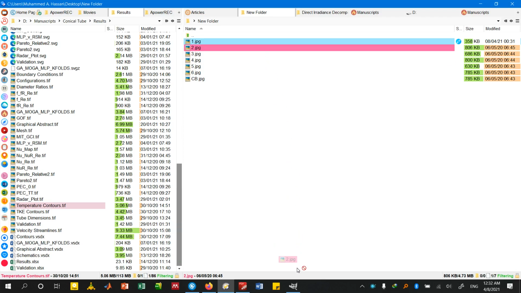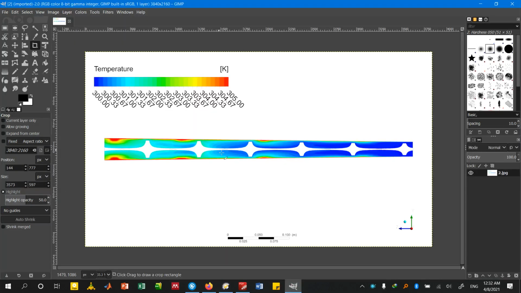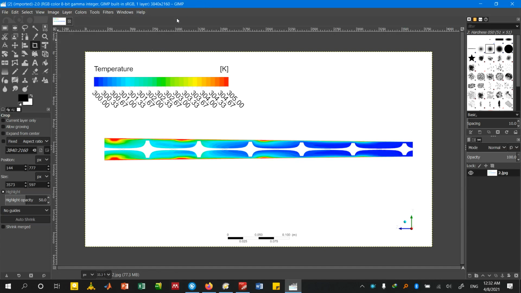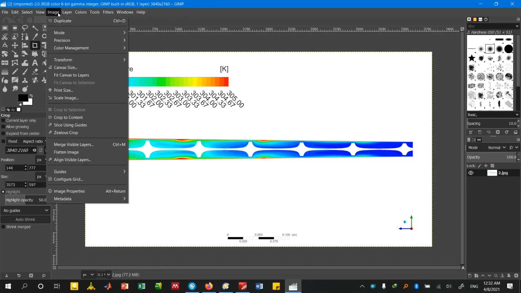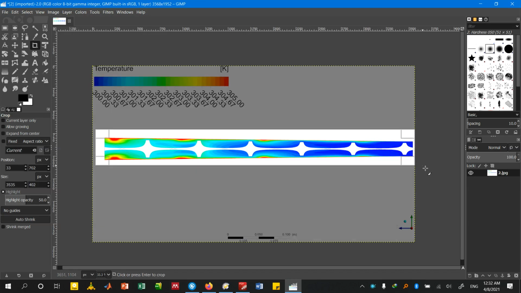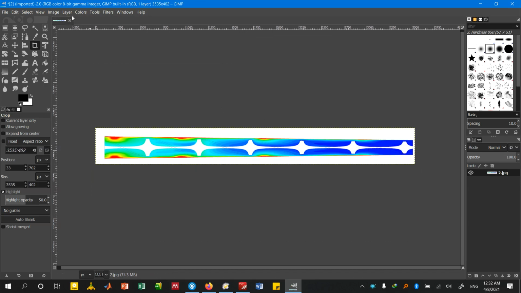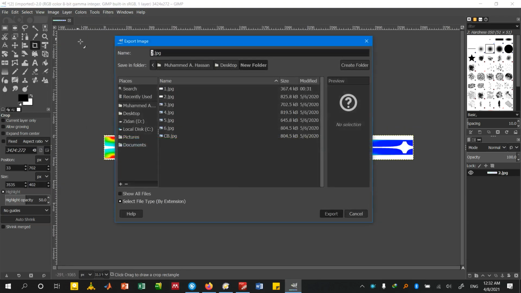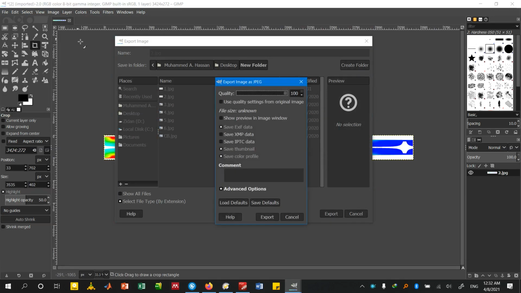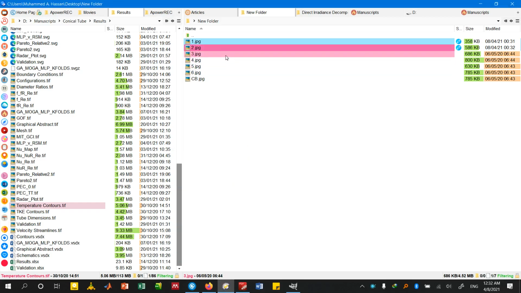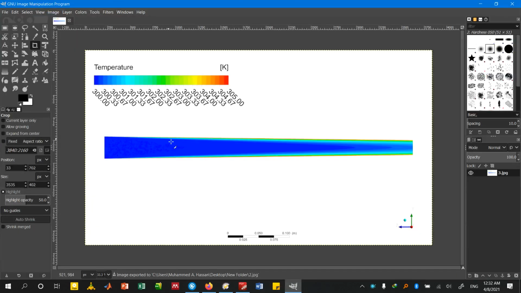So this is the second figure. If you crop to content before cropping these contours, you will be ending with this. But what you want is to crop this part first, and then crop to content, and then export. Control Shift T, and this is the second subplot. Same for the third one,